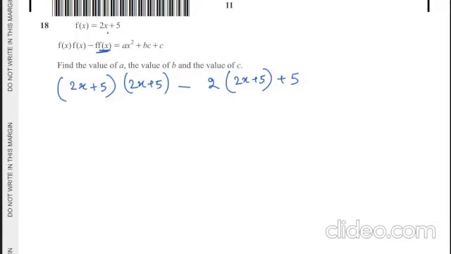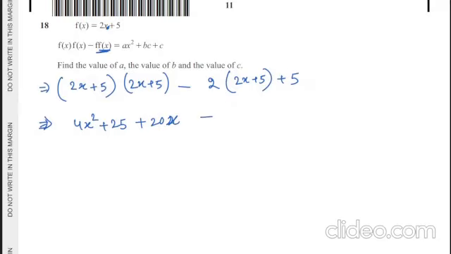In place of x here, we have to substitute the whole function, which is 2x plus 5. So a plus b whole squared, let's solve this. We apply a squared plus b squared plus 2ab,